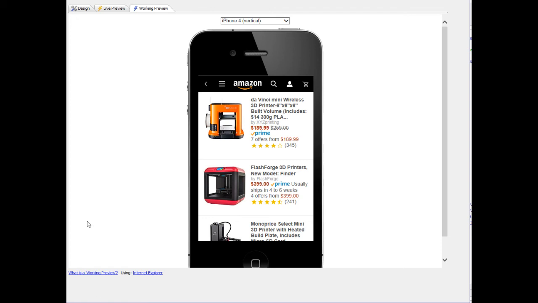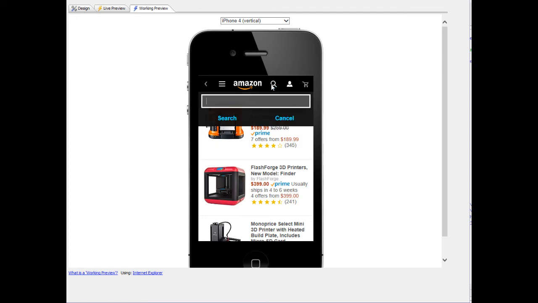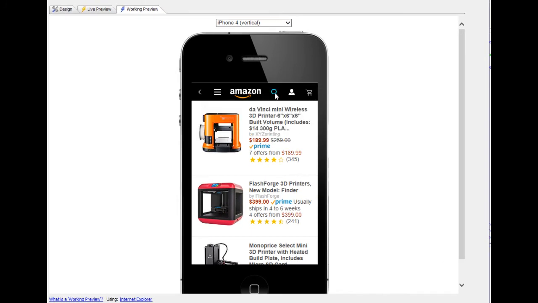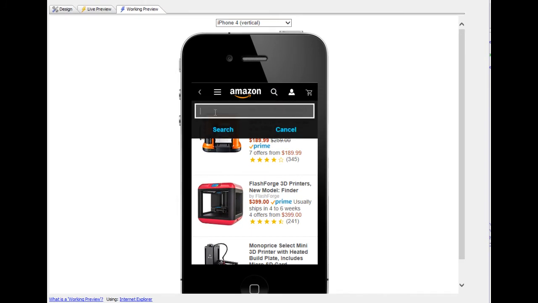In this video we'll take a look at how the search box is implemented in the sample component. So you can see that when we tap on the icon over here, the search box opens up where the user can type in a search value. We haven't actually implemented search in this sample application, but all we're going to do here is show how this